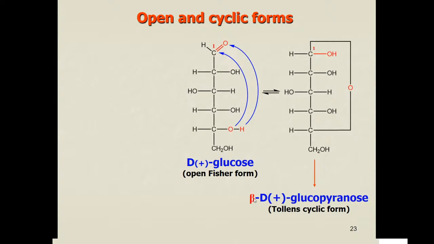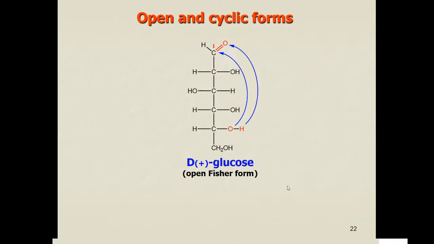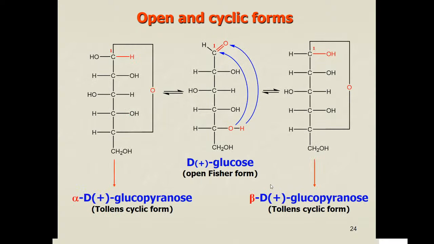Oh, I'm sorry, here alpha position, it's my mistake. And the second situation, if hydrogen inside, OH outside. It's a cyclic form and they are in equilibrium with each other through the open chain form. The open chain form looks hard and